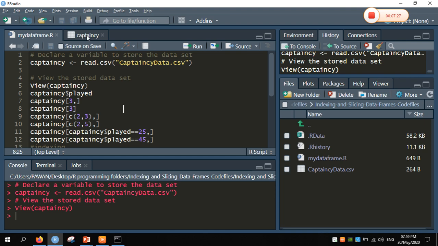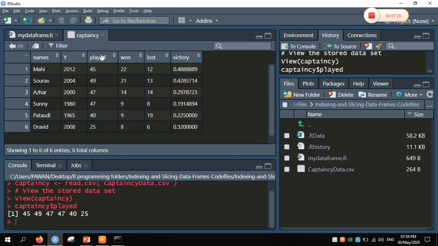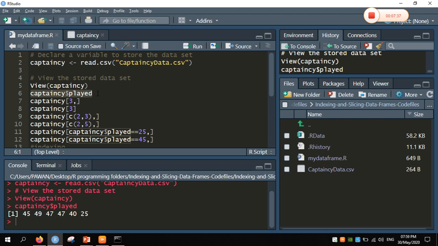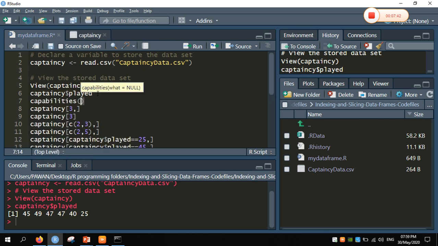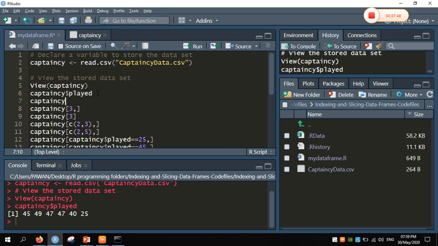Now in order to retrieve a column, R comes with a dollar symbol. Based upon the dollar symbol, we can retrieve a certain column, that is, captaincy$played column values are going to be displayed here. So we can also use captaincy dollar, and it will show all the columns which are contained in the data frame.